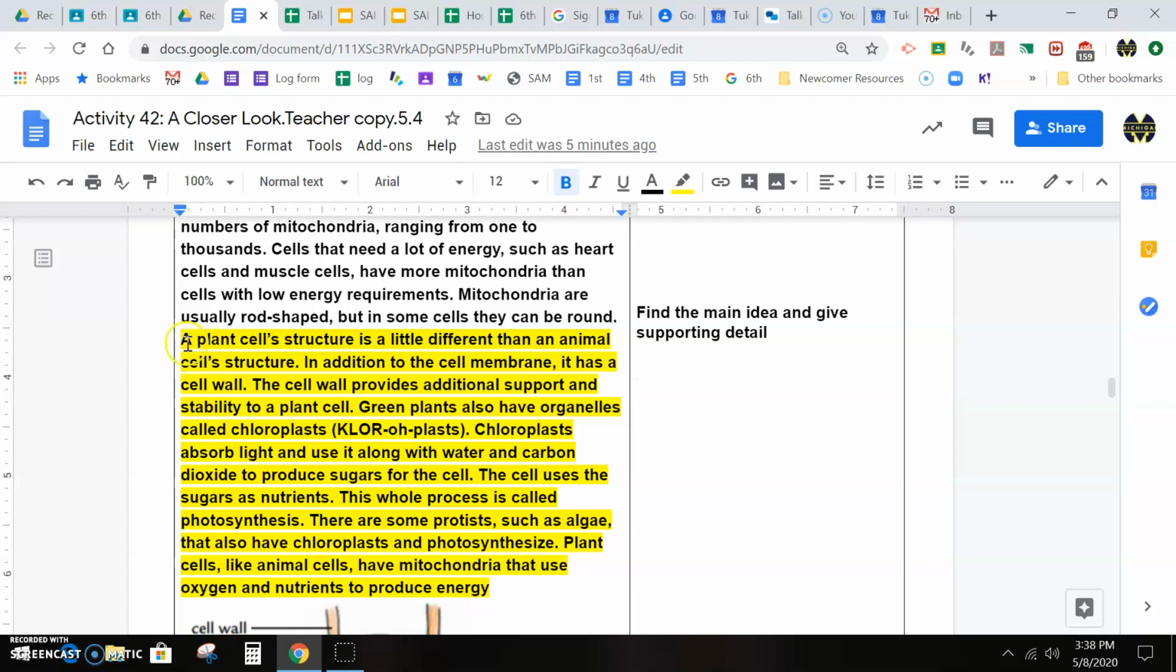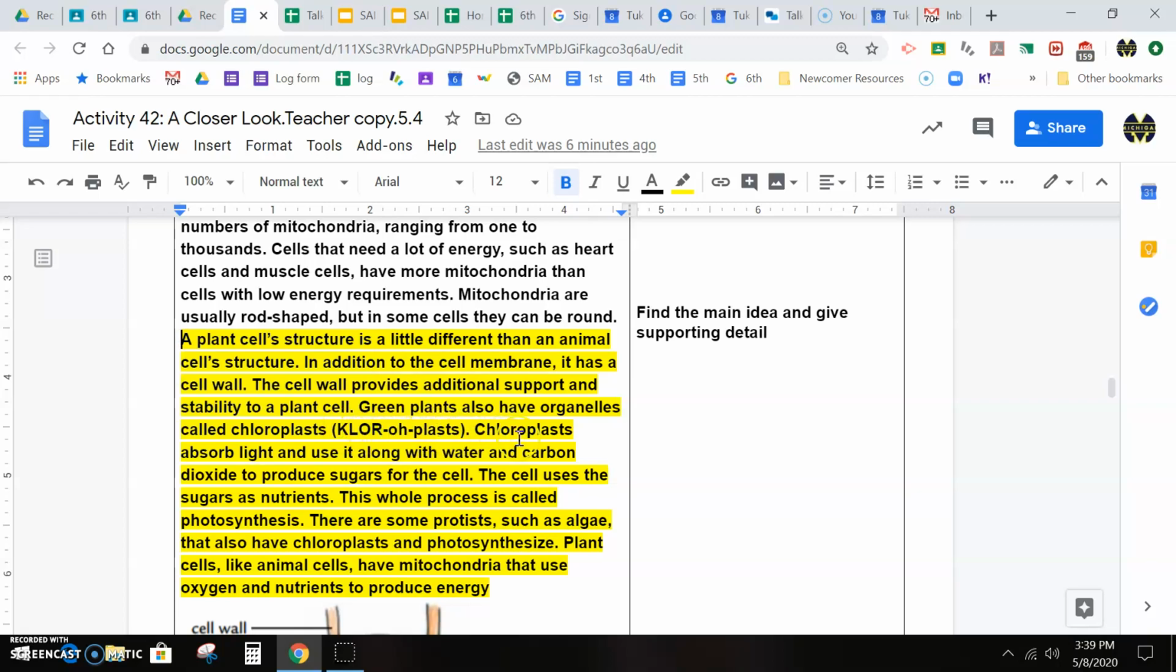So, here we go. A plant cell's structure is a little different than an animal cell's structure. In addition to the cell membrane, it has a cell wall. The cell wall provides additional support and stability to a plant cell. Green plants also have organelles called chloroplasts. And this is how you pronounce the word,